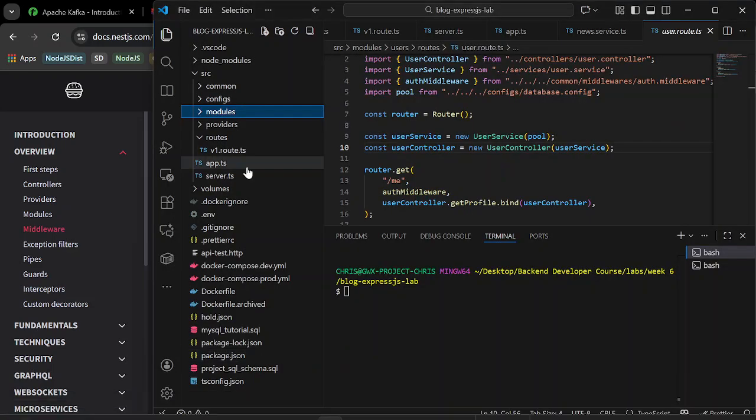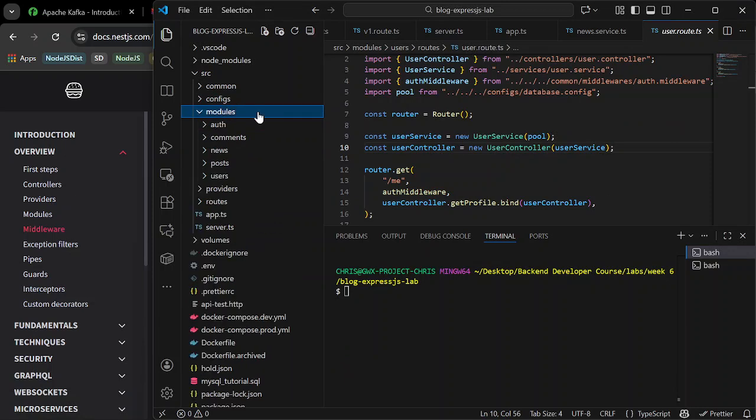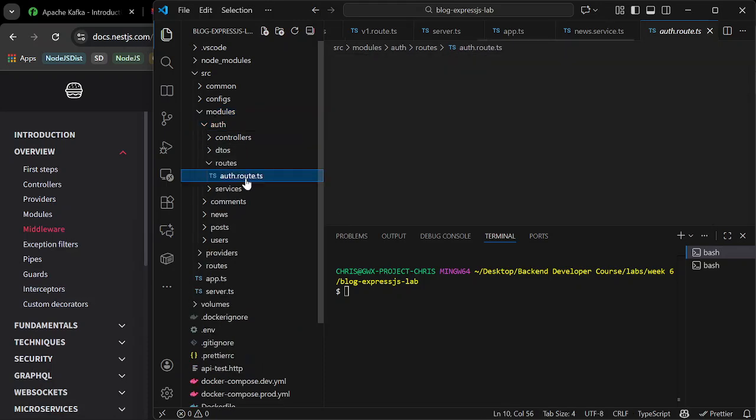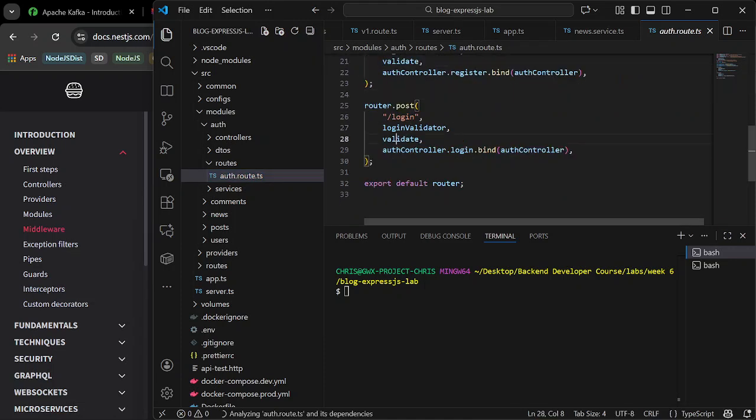If we go back to our Express, what is middleware? Where do we discuss middleware? This is where we discuss middleware. If I come to the authentication and go to routes, basically these are middlewares. This login validator, login validate, they are middlewares because they are being executed in between the route and the route handler. This is the route handler for this particular route, and these are middlewares.